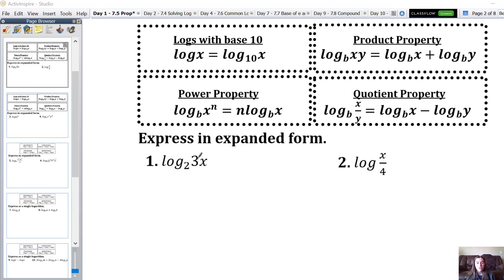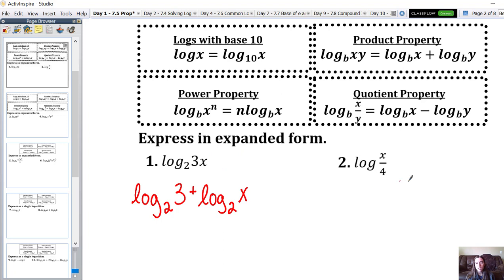So we have log base 2 of 3x. Whenever we're expanding, we're going to keep that base. We want to use a log base 2 every time. And so let's see what happens inside of our log. We have this 3 times x. We have a product. So we're going to use our product property. So to expand this, we're going to keep log base 2. And then I'm going to start with the 3 plus another log base 2 of the thing we were multiplying, which was x. That's the only thing we can do here, because we're only multiplying the 3 and the x,